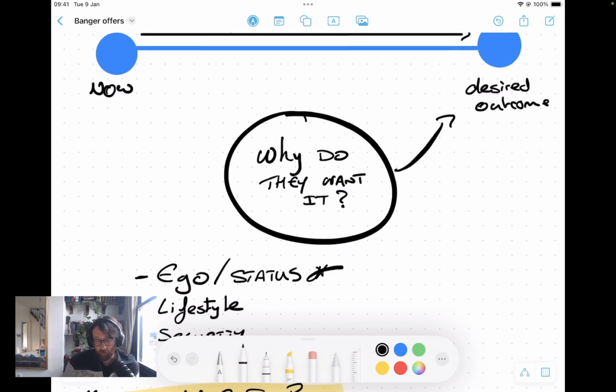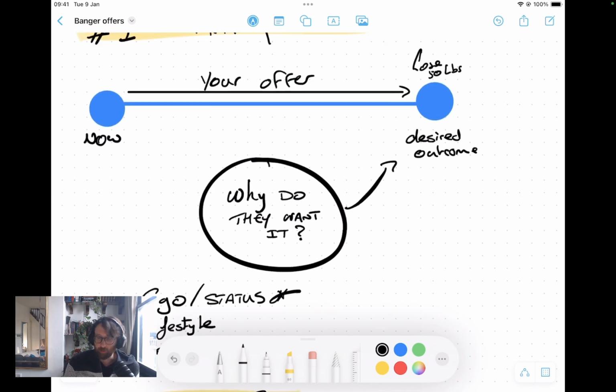The second one is like a lifestyle thing. So they might want to lose 50 pounds because they're not happy with their lifestyle. They're too heavy to enjoy certain things that they want to do, and they can't do those things because they're too heavy. So losing 50 pounds will help them. They've just recently discovered a love of hiking, and so they want to do more hiking. They want to go hiking every weekend. They don't want to feel like they then have to take 3 weeks to recover from that. So it's a lifestyle thing, right?